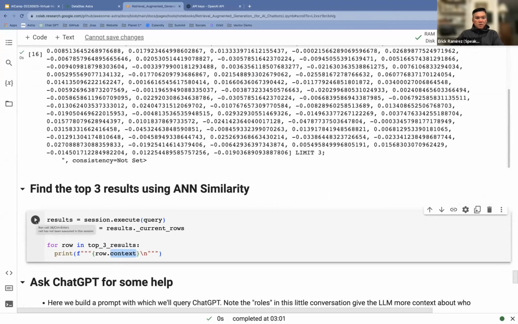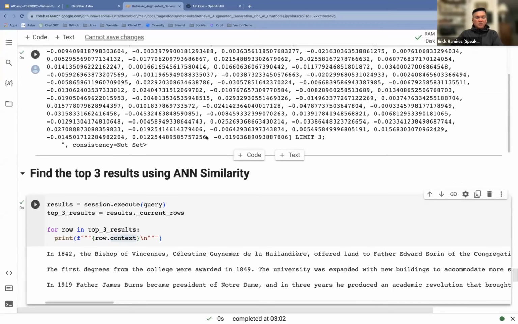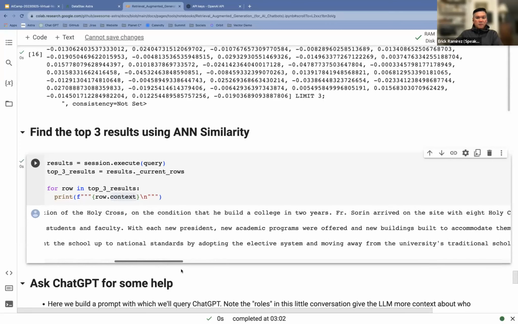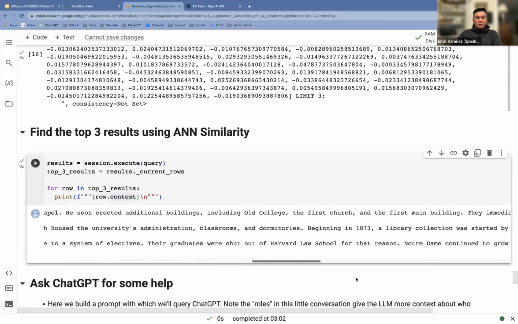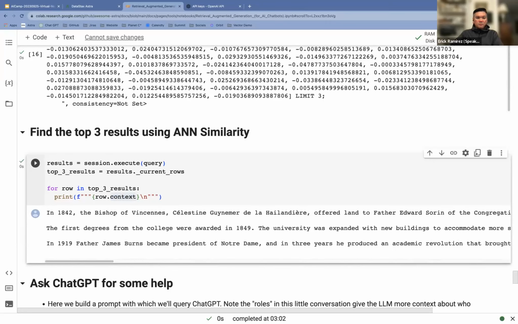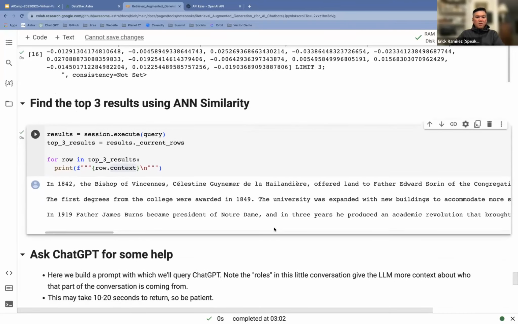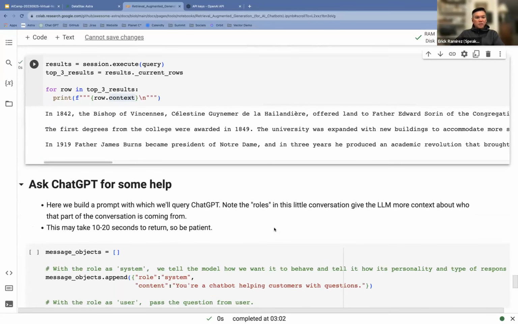So instead of displaying the floating point numbers, I'm going to display the context. This is the data that's stored in the database. And it's come up with 3 different results, 3 different rows. Okay, so far, so what do you do with it?